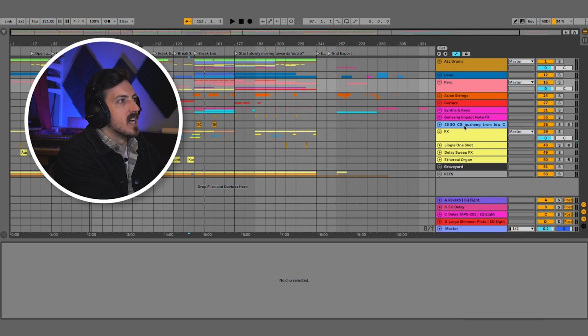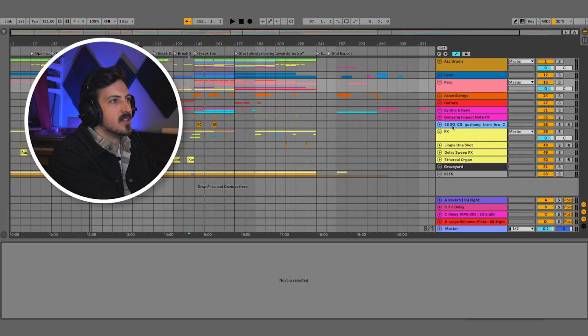And that is to have everything structured. Have your drums in a drum folder, your bass, you can of course put them together if you have a bus preference, but if I'm working on this a year later, or I want to add something, or I'm looking for something that I want to eliminate that's bothering me, that is going to be really difficult if nothing is labeled. It's all like this one layer, for example, 38 Gusang, it's this string element. I could of course be better, but with that exception, I would generally know that I have these Asian strings,